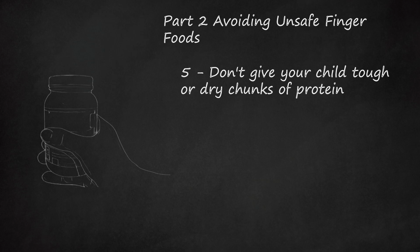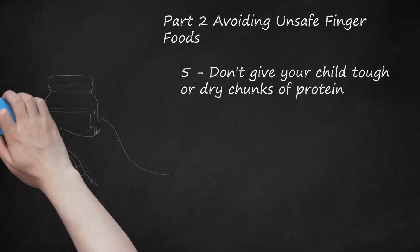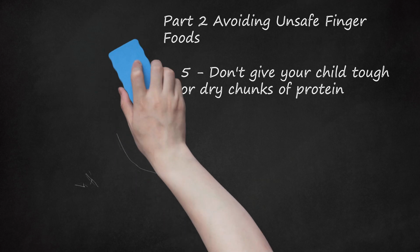Typically, health professionals don't recommend giving kids meat until they have successfully eaten other finger foods, like cereal puffs or whole grain pasta. Meat takes much more work to chew or gum than other foods. Also, make sure your child has several teeth before giving them more protein-dense foods. Items to watch out for include chicken or turkey, beef, pork, or lamb. Especially avoid grilled versions of these as they are tough and dry. When you do introduce these foods, try pureeing them or grinding them so they are a finer texture and easier